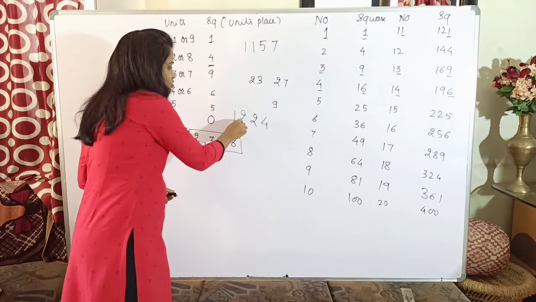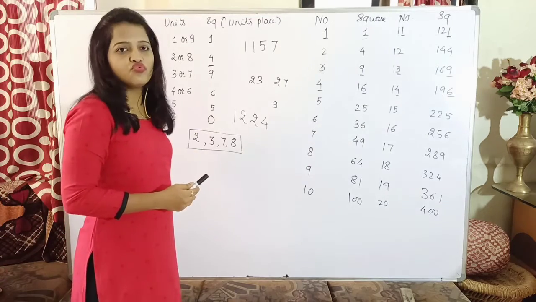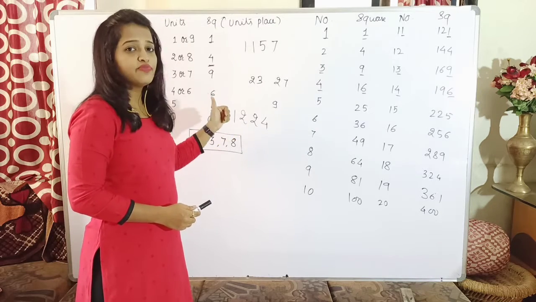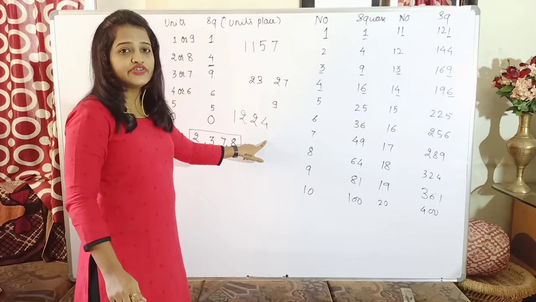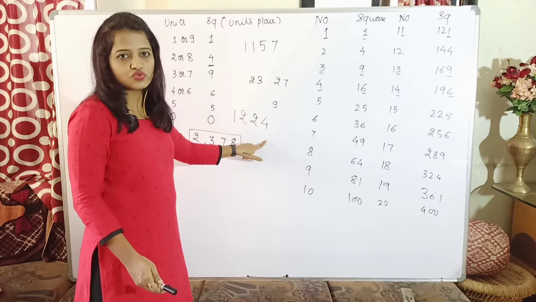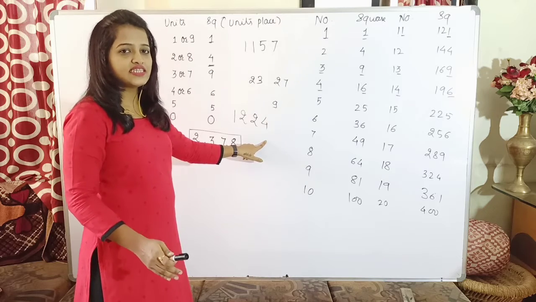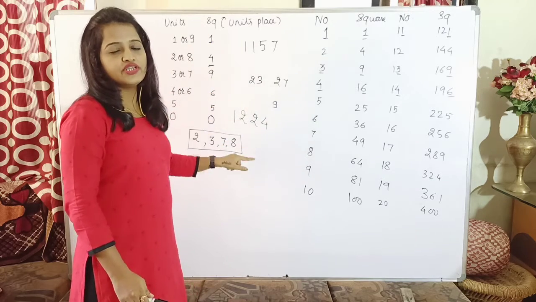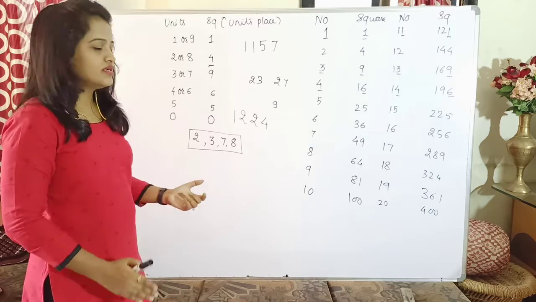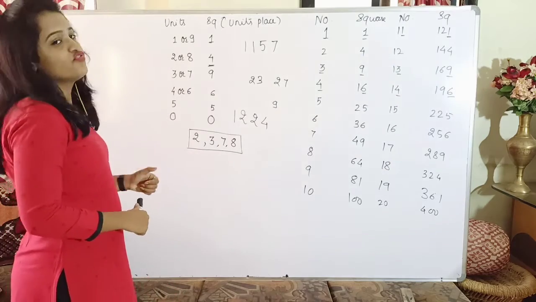Suppose I add two more digits, because 24 I can directly say is not a square. But if I write 1224, I have to check, isn't it? According to my property, there is a 4 present in the units place, so probably it may be a square, but there are chances that it may not be a square. Just by having 4 at its units place, I cannot definitely say it is a square. So having any one of these digits in the unit place means the given number can be or cannot be a square. But if the other digits are present, they are definitely not squares. So this is the first property.